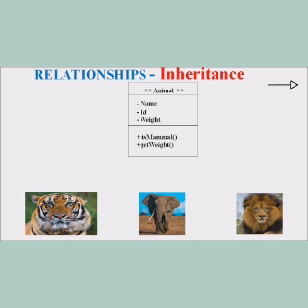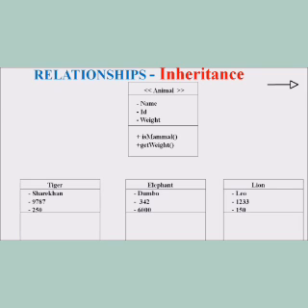Here we can see the tiger class has the name Sher Khan with some ID value 9787 and has a weight of 250. This tiger class is inherited from the animal. Thus we are representing the inheritance symbol, a triangle, starting from the animal class and pointing towards the class called tiger. The second class is the elephant. Here we are mentioning the elephant name as Dumbo with the ID value 342 and the weight as 6000, and this elephant Dumbo